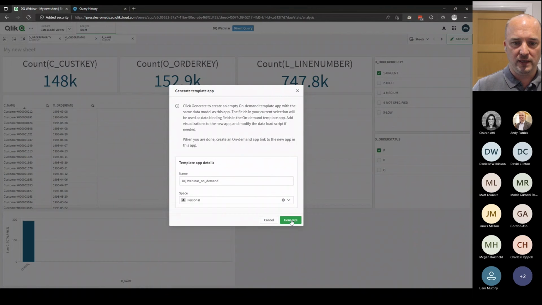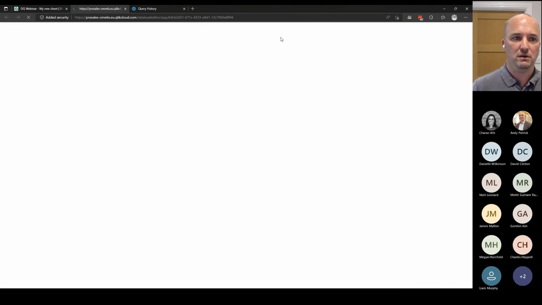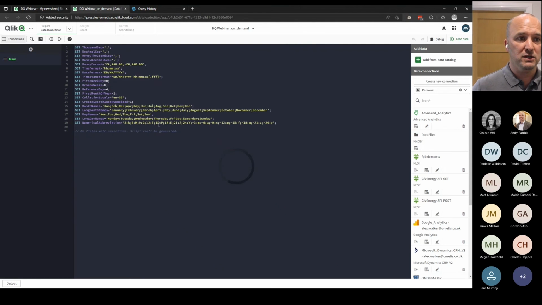We'll stick with the default name for now. This is now going to be a template app. Once you have a selector, that would make this the selector, you then have a template which is then used to give you that in-memory application experience. So I'll just quickly show this because it's a really nice way of having a quick start at an on-demand app. This brings you straight into the